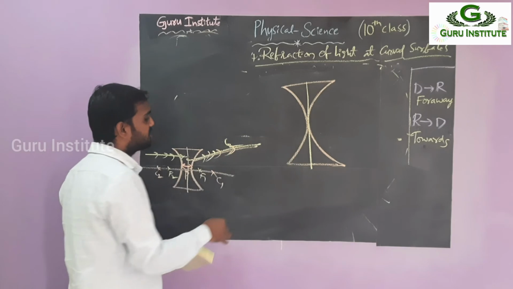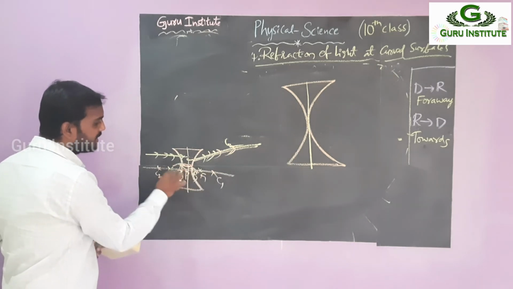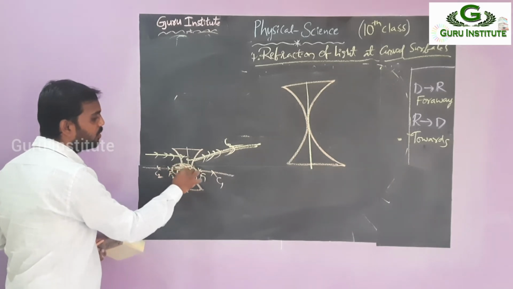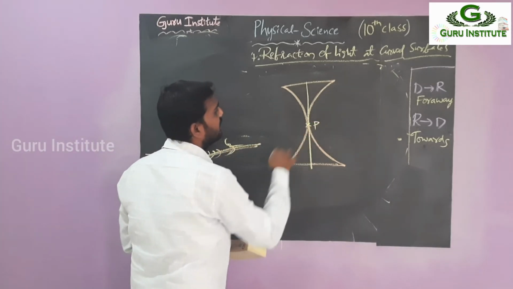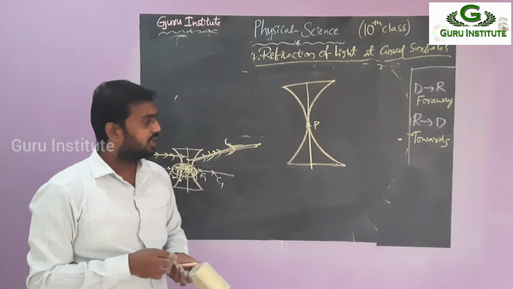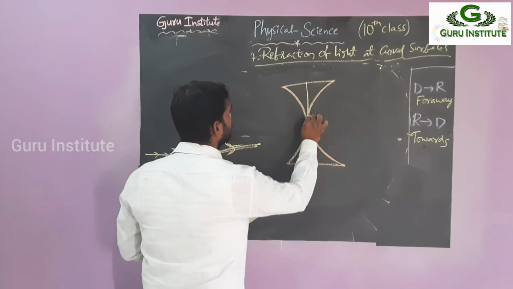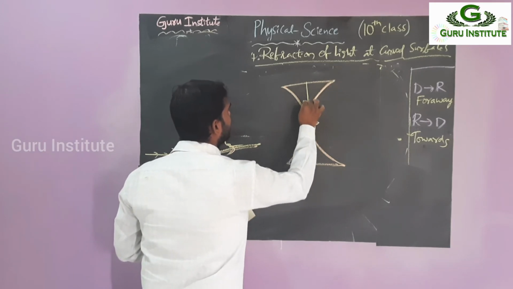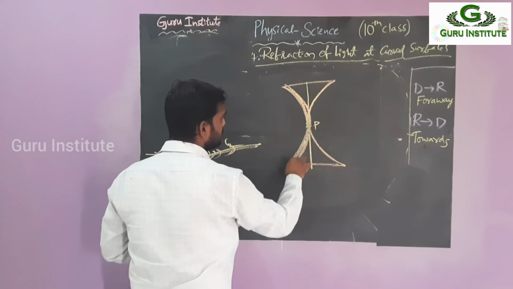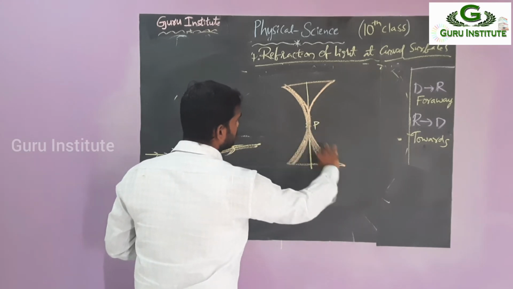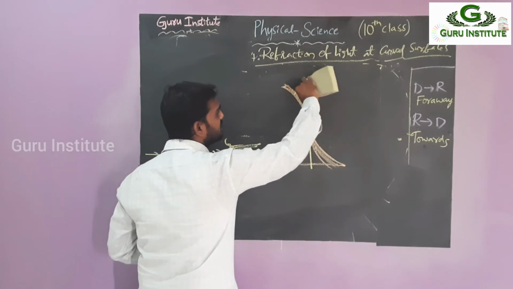Why am I minimizing the width? Here pole 1 is there, here pole 2 is there. I am minimizing these two. That means I am joining these two poles at the middle. So that's why I am minimizing. This is the pole point. Okay. So now observe what you have to take from this one. I am maximum minimizing the width. Right. So now what I am doing, just see here. I am erasing the middle parts.